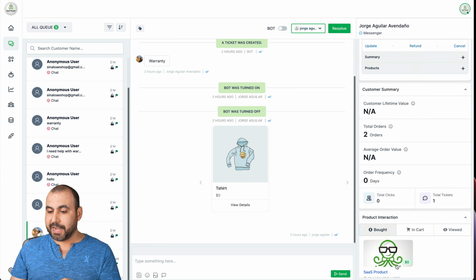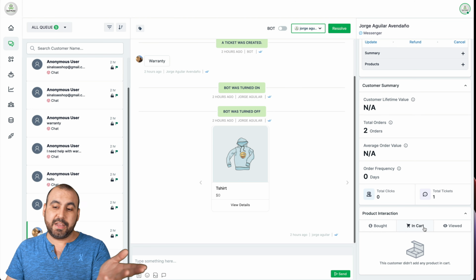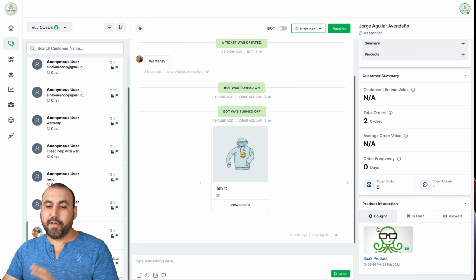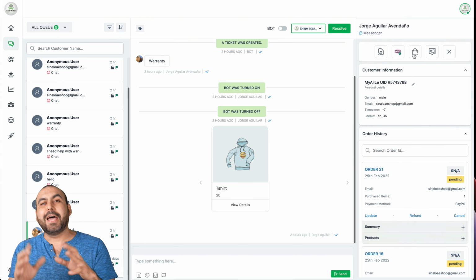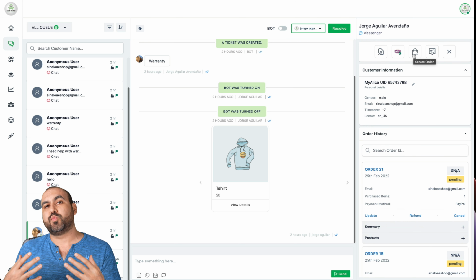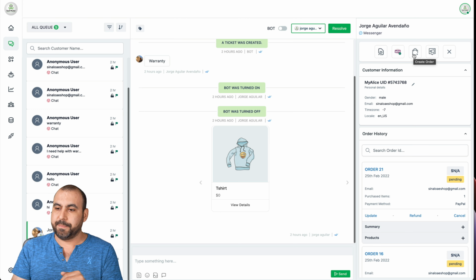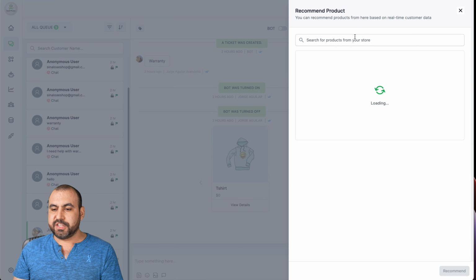The product interaction, here we go. So that's where the interacted, in cart, if you had any in cart, viewed, and all that information is there. So all of that I created from there. Now that's creating the order, but what if I don't want to create the order and I just want to suggest something to them? So in this case, I'll recommend the product, and I'll see a view of my products